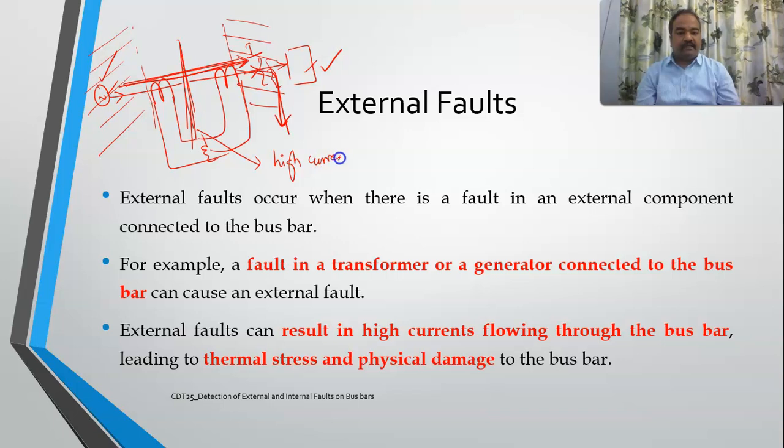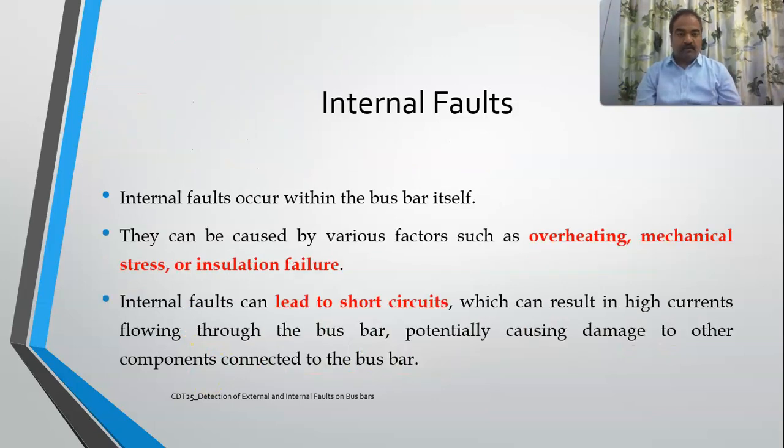If there are high currents, then automatically what happens? There will be high temperatures releasing. So this will lead to thermal stress, and ultimately it will damage the bus bars. So external faults can result in high currents flowing through the bus bar, leading to thermal stress and physical damage to the bus bar. Whereas internal faults, on the other hand,